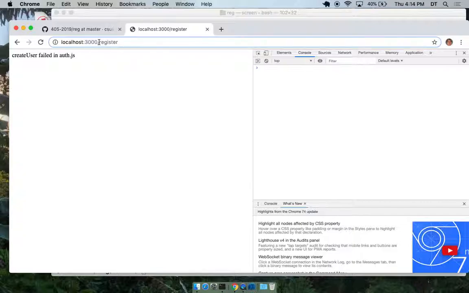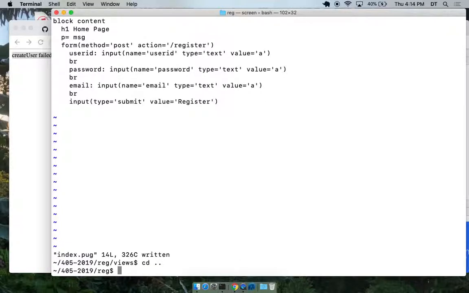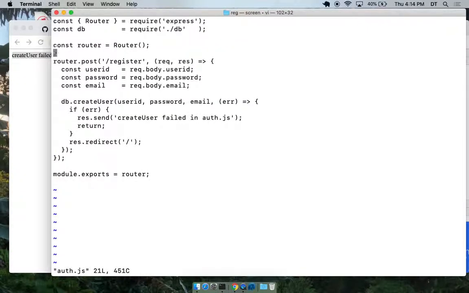But here, let's redirect, not redirect, but once we get that error message, see we're sending this to the browser directly. Instead, let's put this error message in and pass this error message to the index.pug template and then render it along with the other elements of the home page. So where do we do that? We do that in that, do we call it auth? Yeah, there we go. So here's the registration.